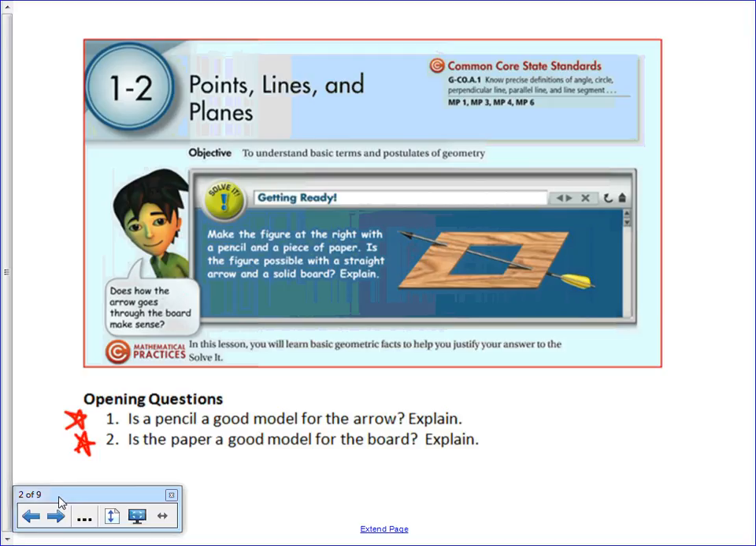So number one, those are the two questions we just answered. Is a pencil a good model for the arrow, or is the paper a good model for the arrow? And we just kind of talked about that. So,